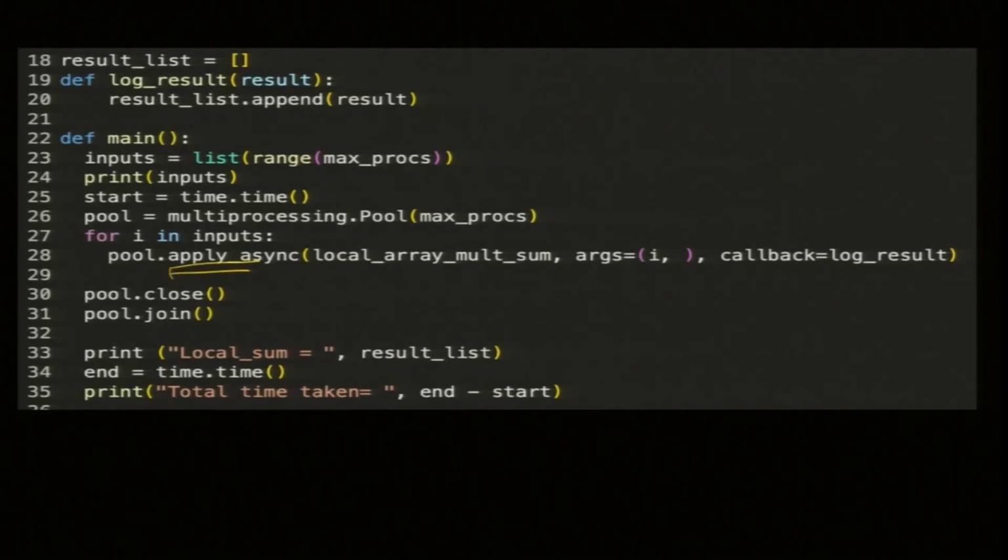Here the pool syntax is slightly different. The function part is the same, the local sum, so I am not putting it in this slide. The results are in a callback. Okay, so this is syntax. I got this by searching in various parts of Google. Callback collects the results in a list.